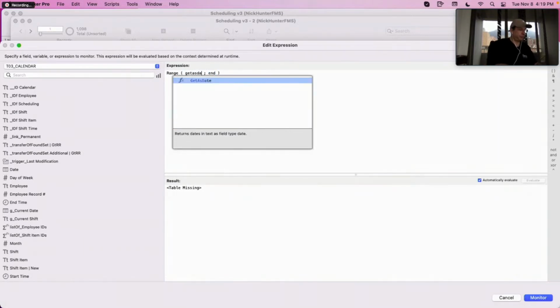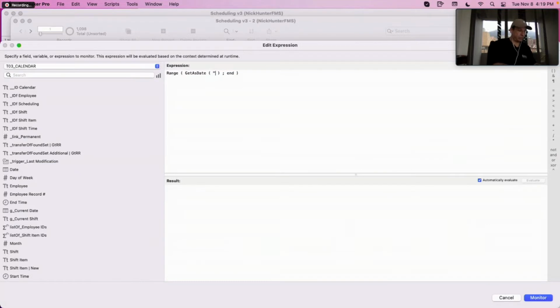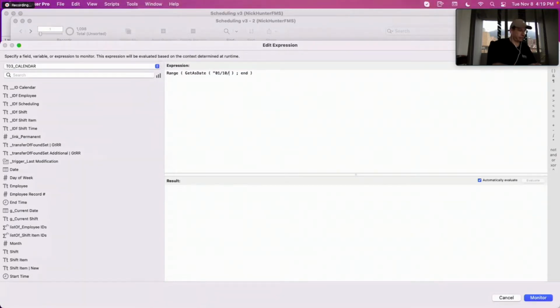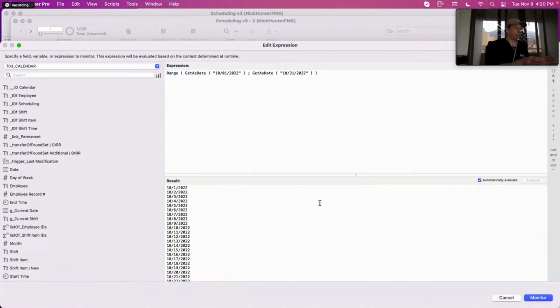So, for example, if I say 10, 01 as the start, and here 10, 31st as the end, the custom function will automatically generate a list of values